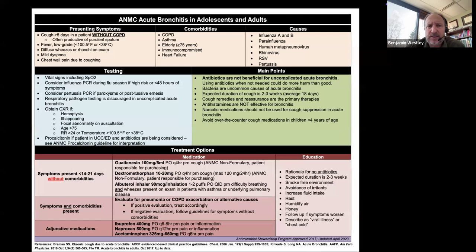And to just make this very clear, we tried to make a very simple and educational acute bronchitis outpatient pathway at ANMC. And we're quite clear on the medication and the education columns here at the bottom that antibiotics do not help with this. We do point out that acute bronchitis means coughing in a patient that does not have COPD. So we're not talking about COPD. We're not talking about people that have had a transplant and have heart failure or something. We're talking about,